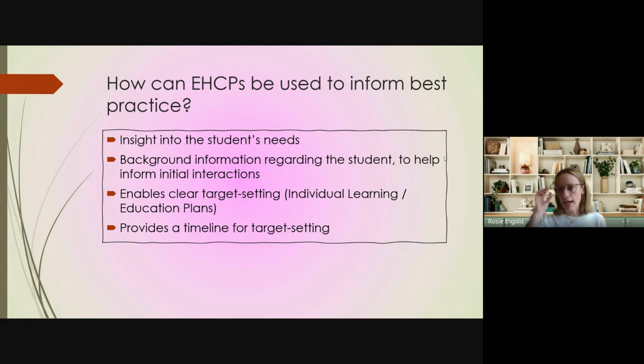So in terms of how EHCPs can be used to inform best practice for tutors, the EHCP document itself, these are two big caveats, when it's well written and put together with multi-agency input, and when it's up to date, can give tutors a really good insight into a student's needs that you wouldn't necessarily get from simply chatting to them or to their parents and carers. At Bright Heart, we always take a dual approach to